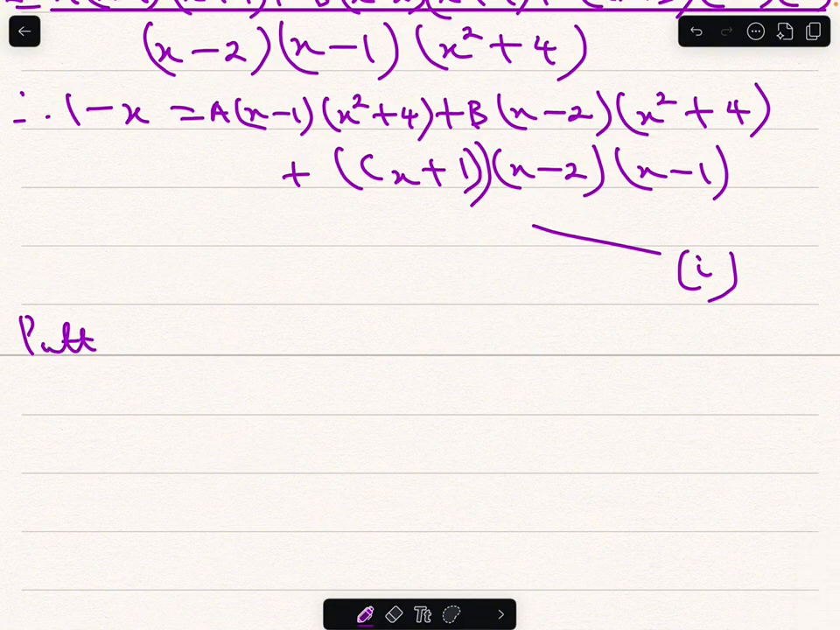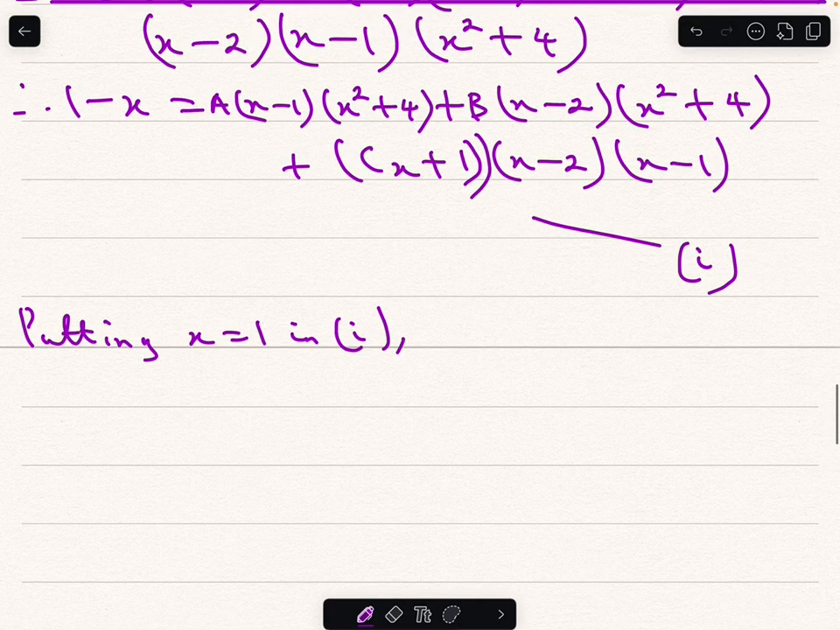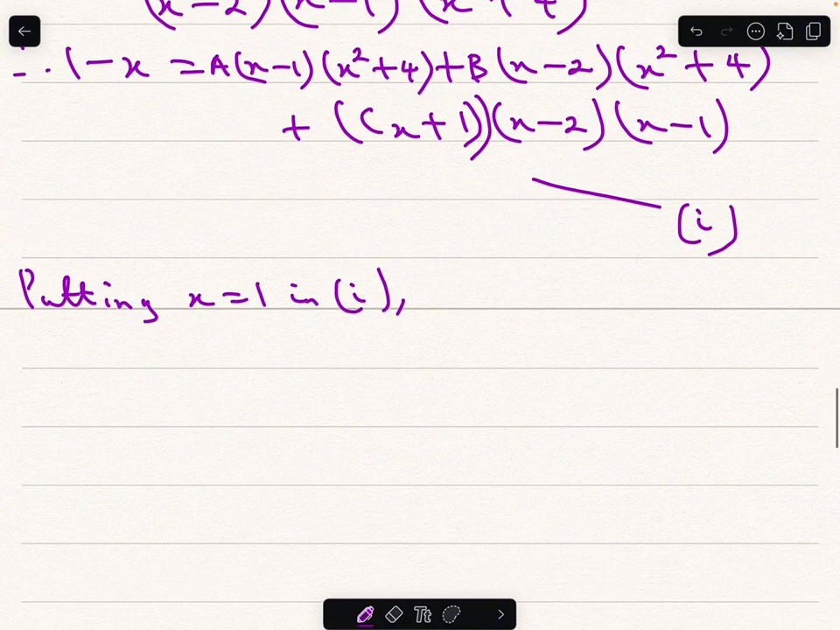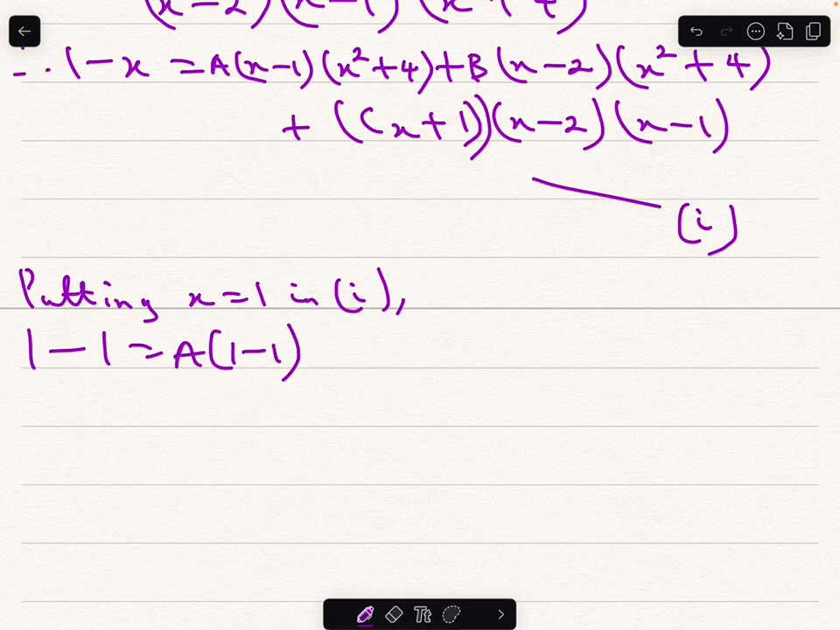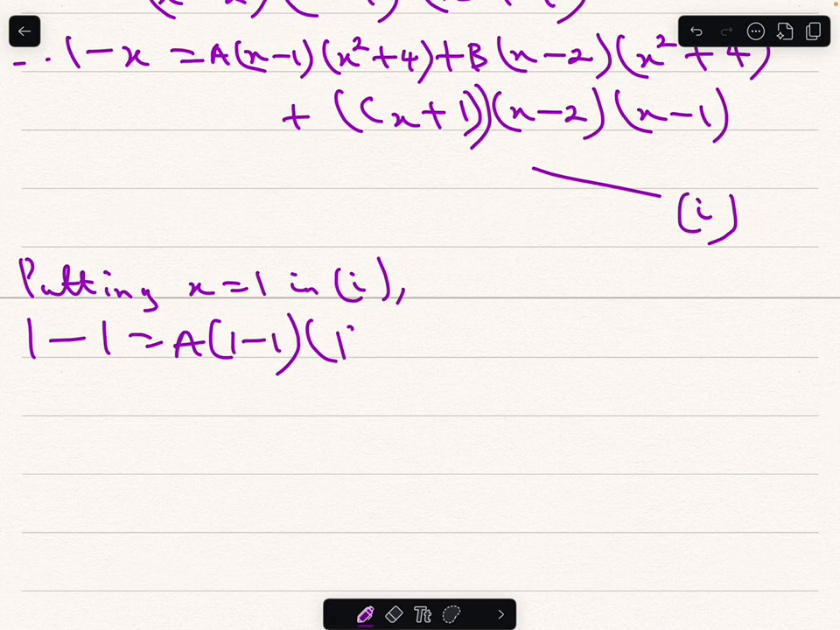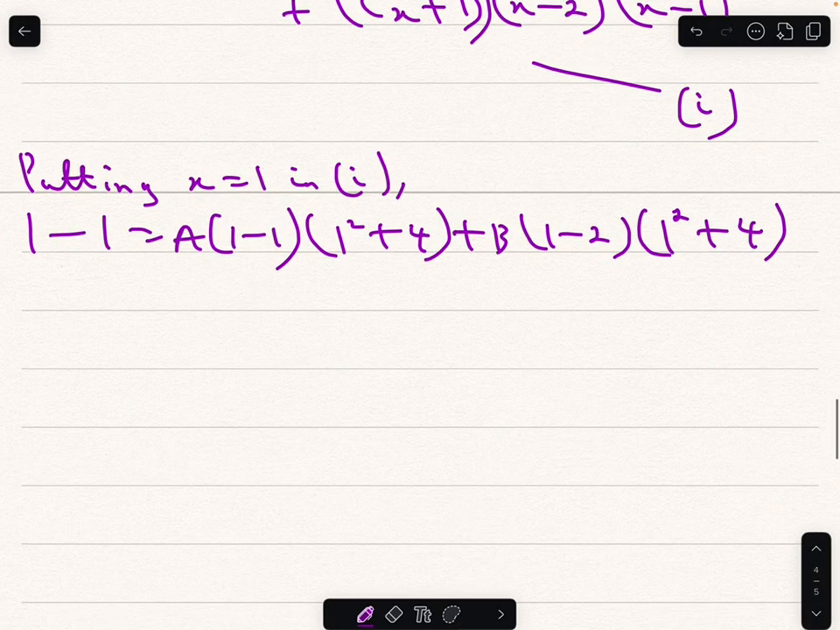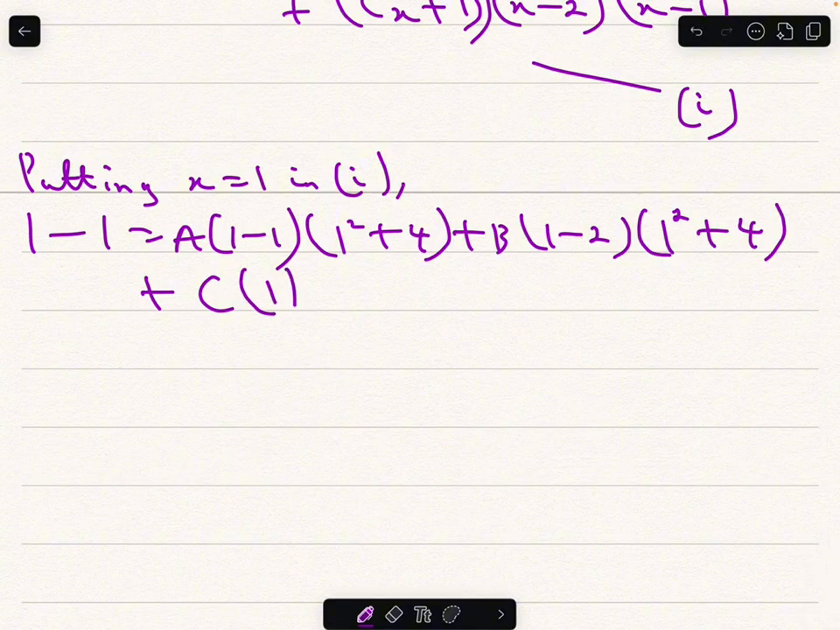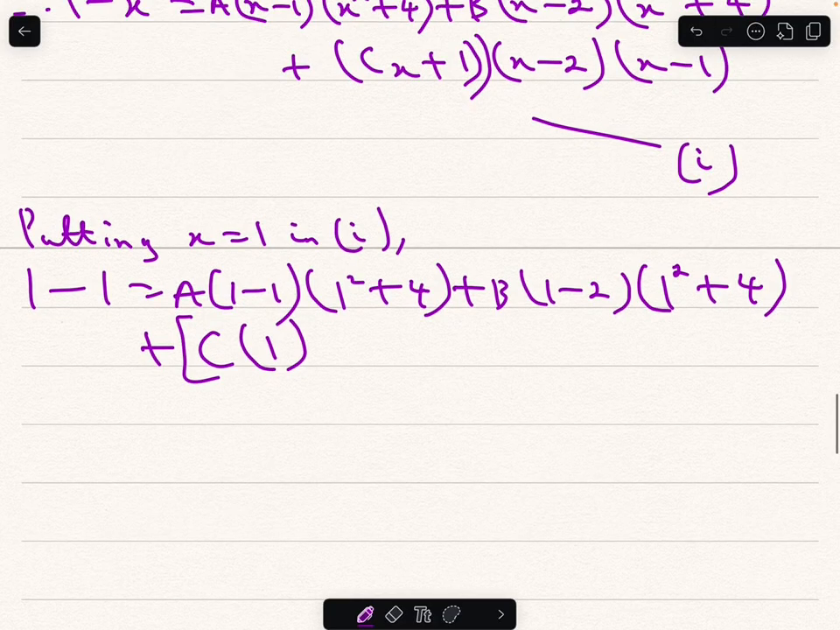Putting x equals 1 in equation 1, we're using the cover-up method to find the constants. Putting x equals 1, 1 minus 1 will be equal to a into bracket 1 minus 1 into bracket 1 squared plus 4, plus b into bracket 1 minus 2 into bracket 1 squared plus 4, plus c into bracket 1, cx will be c times 1, plus d